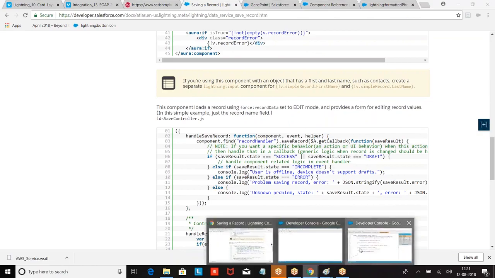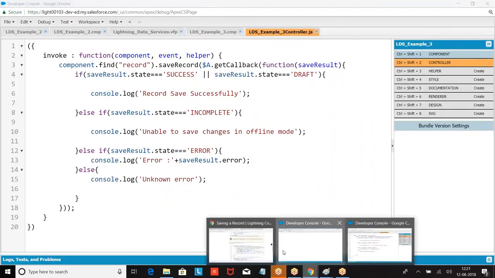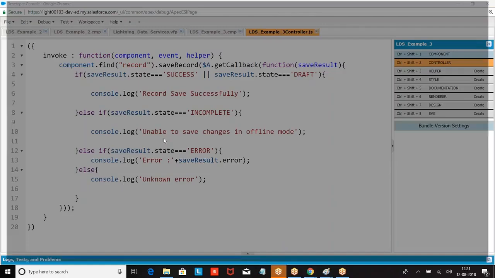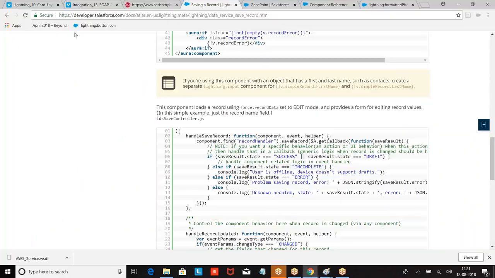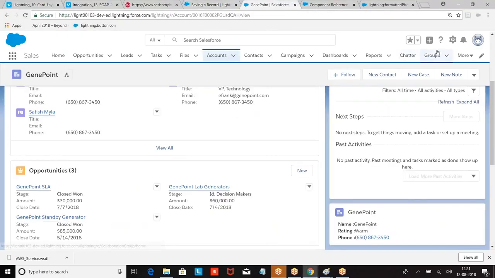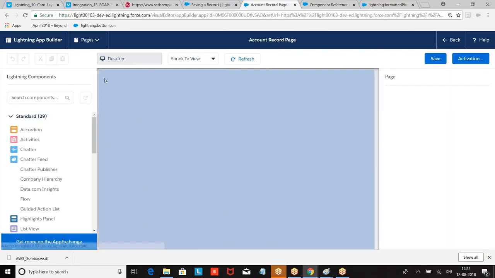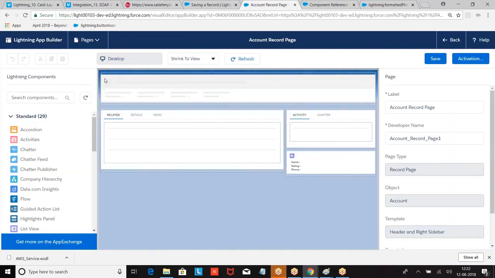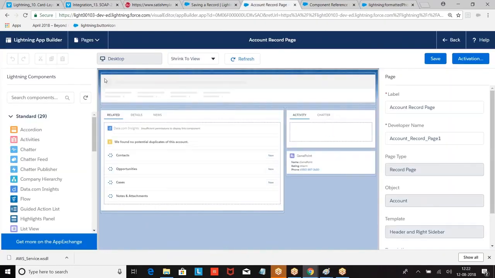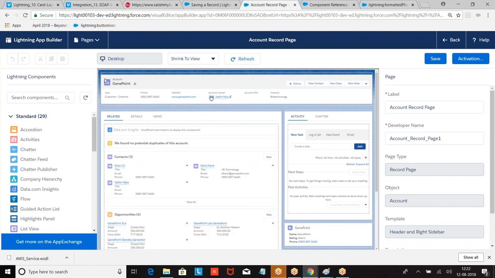So let us go back to this. Then what is the operation we are supposed to perform, boss? Go to the record again. Edit page. Some old component was there. Let me remove that and add the new component. So what is the extra point I have done? Component dot saveRecord. That is the end of the game. After saving the record, if you want to make any other action, that should be defined.